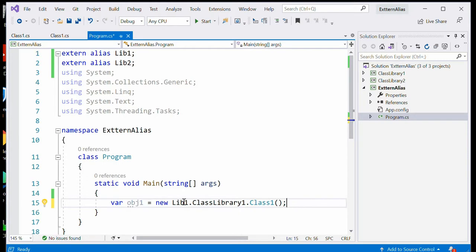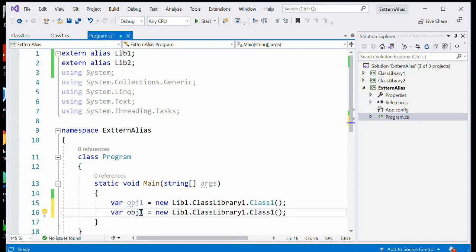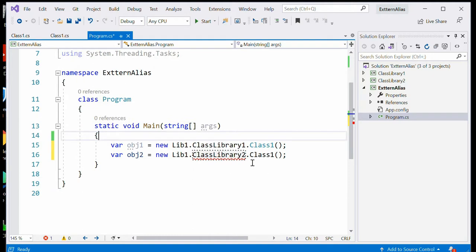So now I'm creating a new instance of Class1 from class library 1. The same way we can create it for the second one from class library 2. Here my class names are the same, and you only have to change the alias to library2, since we have given the extern name library2.